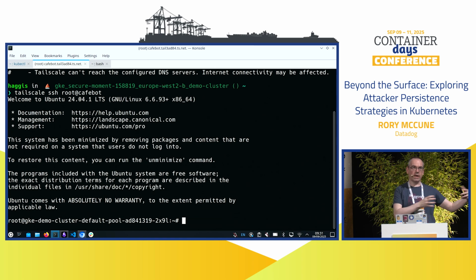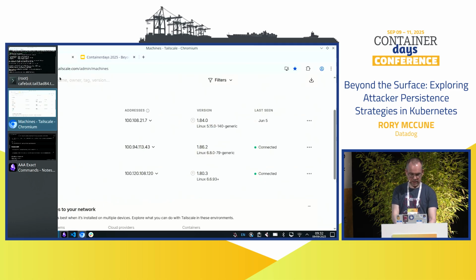We can't walk away and take those with us because GKE essentially authenticates back to the cloud periodically, those credentials will expire and we won't have access anymore. As attackers, what would be really handy is if we had some high privileged credentials that didn't expire, because then we could come back whenever we wanted to our little SSH session here and merrily misuse those credentials. So that sounds like a thing we should do. So, back to the slides briefly.